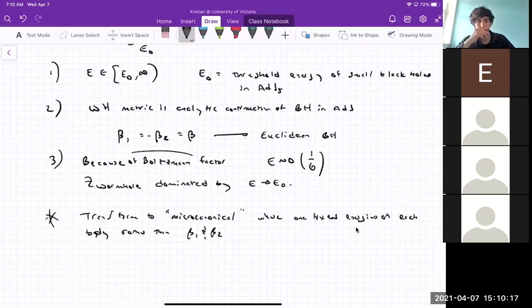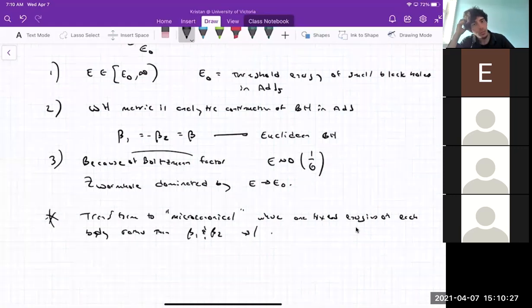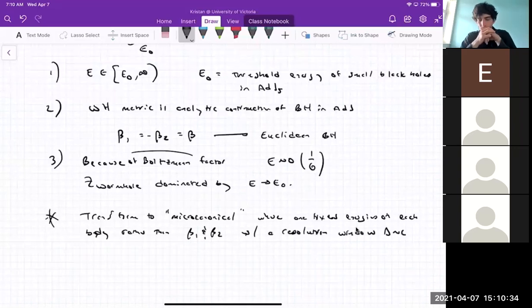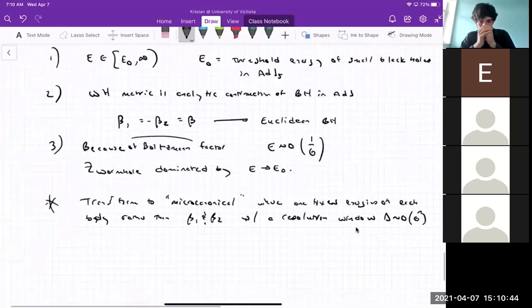You usually don't talk about the microcanonical ensemble per se, but you fix a little window around some fixed energy. So with a resolution window, delta, which I have to scale as g Newton to some power, like square root g Newton for instance. And if we do that, then